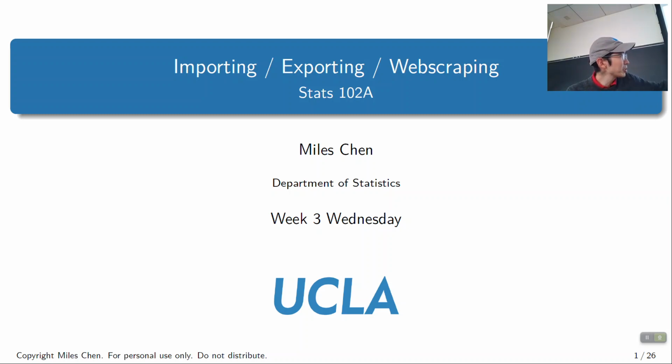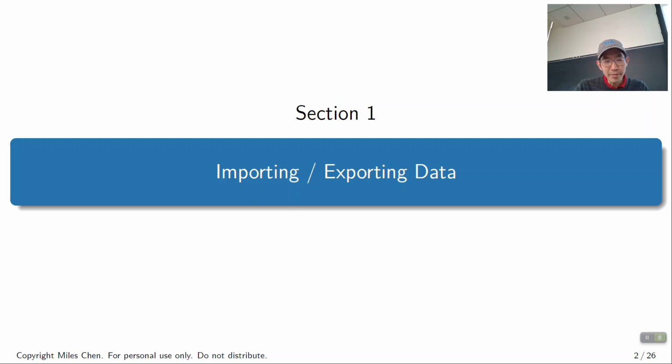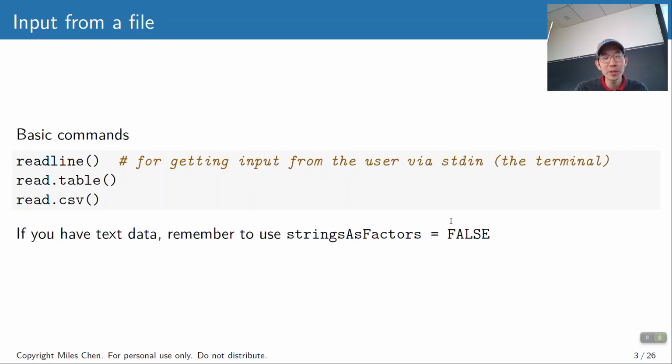Today we'll take a look at importing and exporting, and we'll talk about web scraping, which is an important topic. So importing and exporting is just getting data into R and getting data out from R. Your basic tool is read.csv, and there are related things like read.table and readline. But I imagine you have already used read.csv at some point in your R career, so that's not